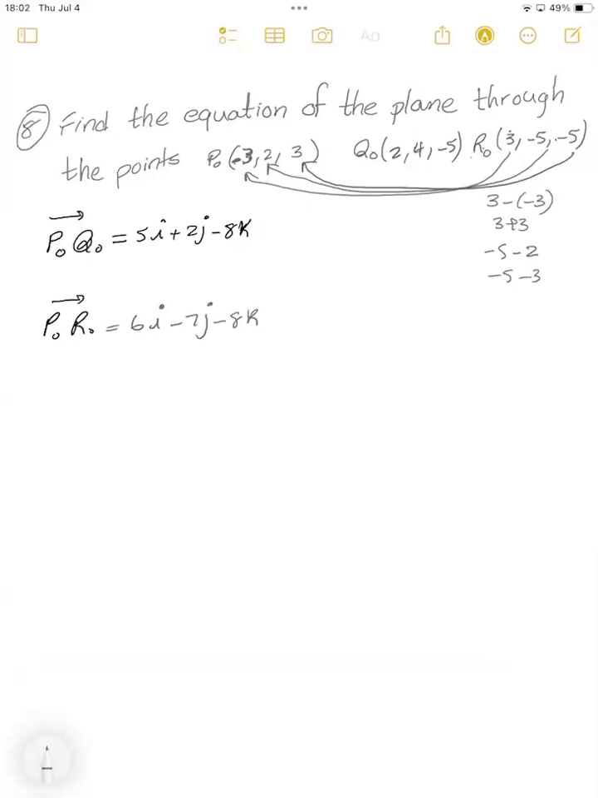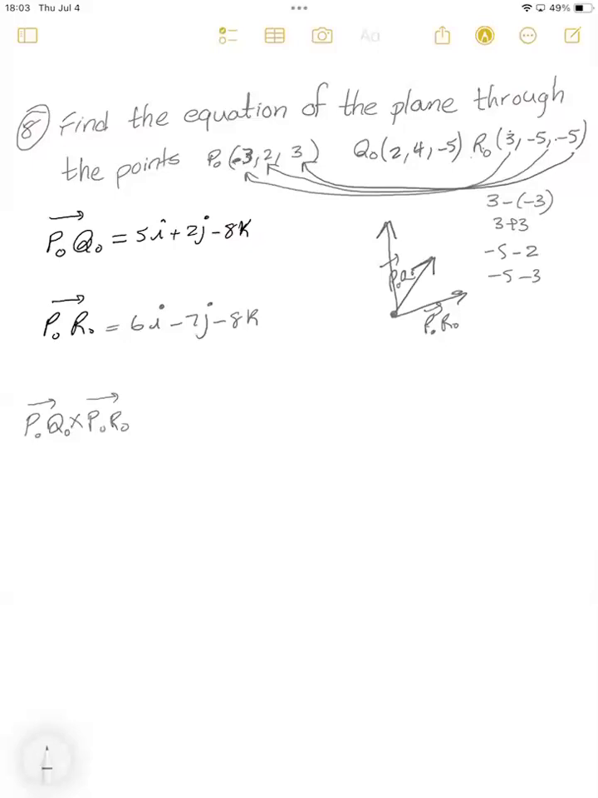So I have created 2 vectors, P naught Q naught, and P naught R naught. Then what I will do next is take the cross product of P naught Q naught and P naught R naught. And the cross product of these 2 vectors gives me a third vector that is perpendicular to both of them. So if I take the cross product